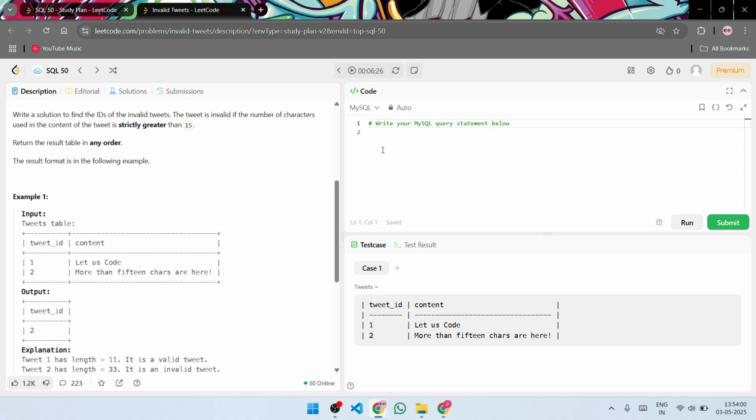Fine. So let's start. First select the column that we need, which is tweet ID. From which table? The table name is tweets. So copy and paste from here. Then what is the condition that we need? So where content, where the content